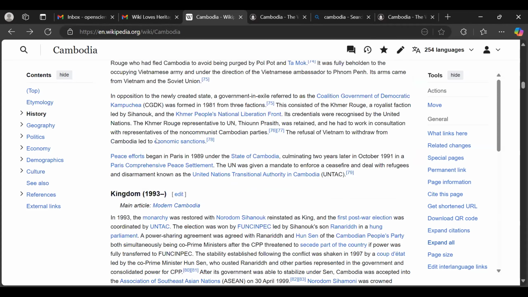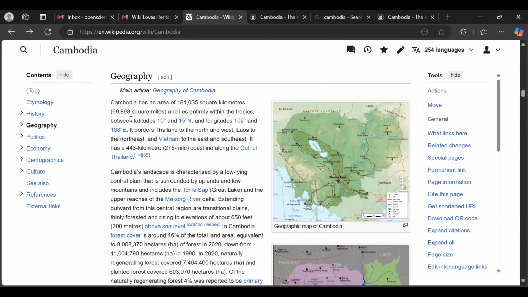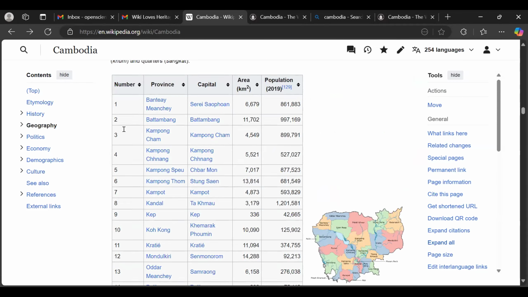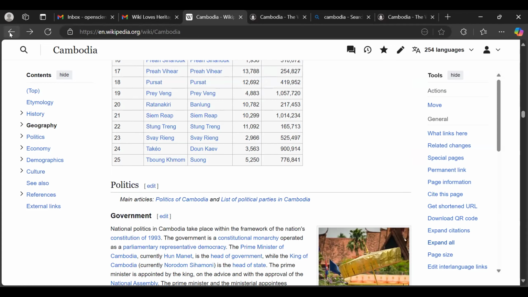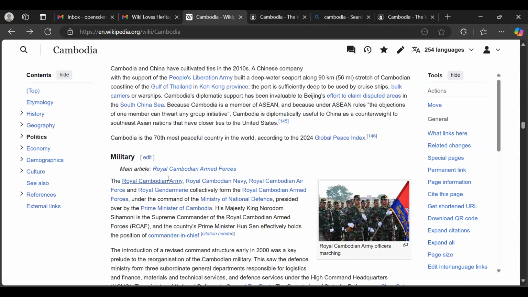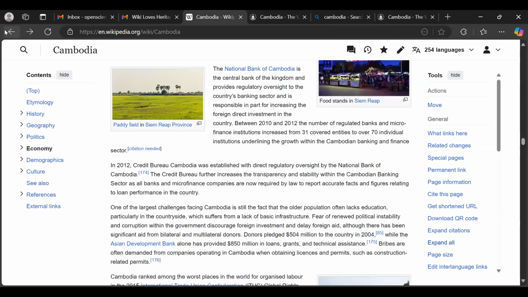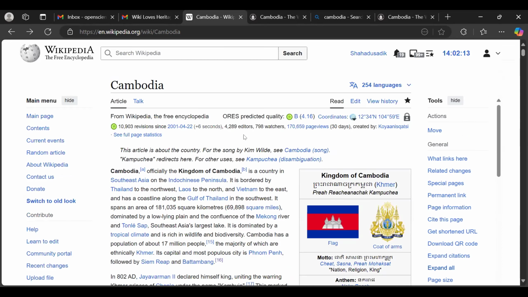Then the main heading is geography. In the geography, we have several subheadings. Then politics. Because this is about a country, these are the most relevant information required to write an article. But yes, of course, we are not learning how to create articles from scratch. Any question at this point?